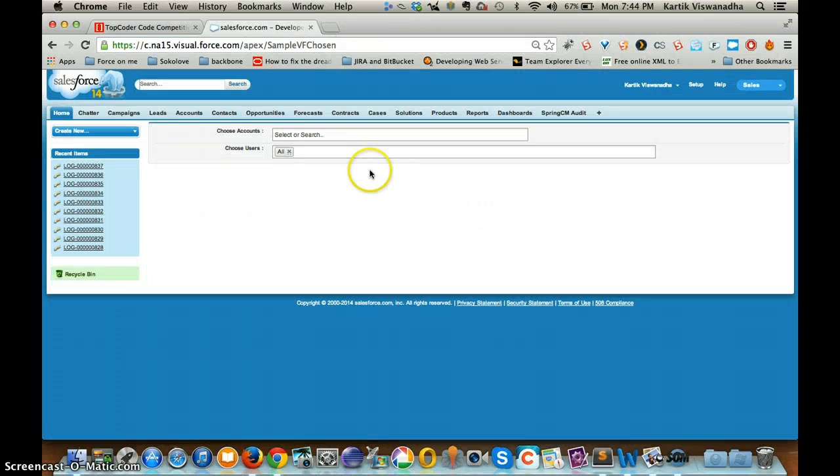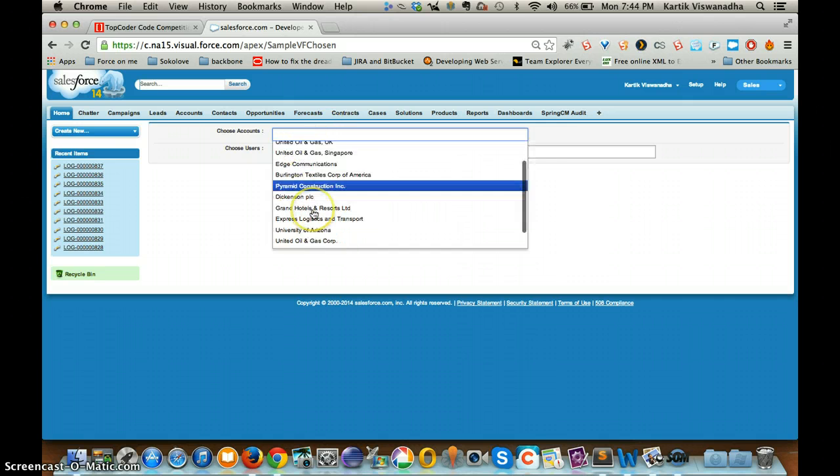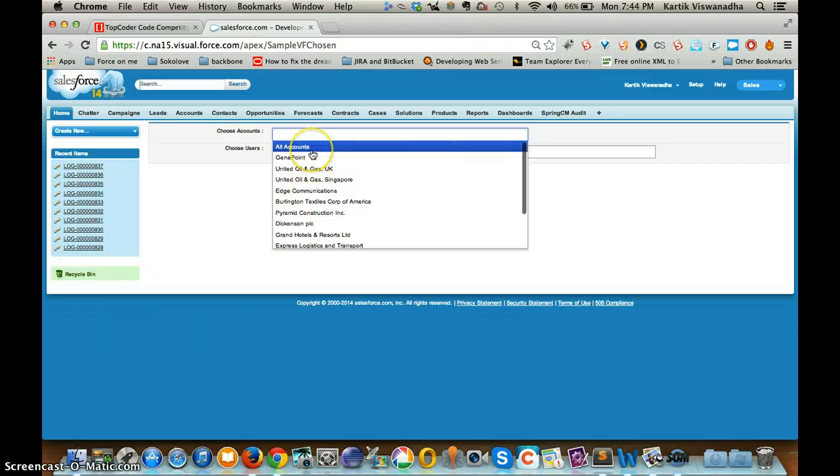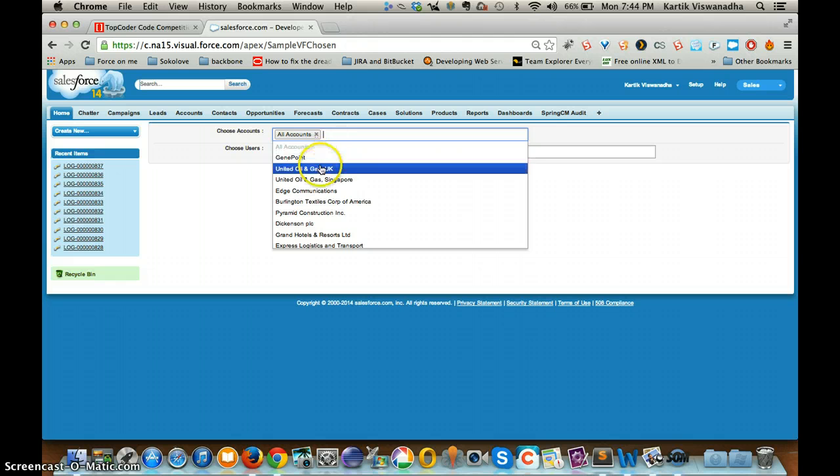So you can see that these two are the chosen components. On a Visual Force page, I use the component to render two pick lists. One is choose accounts, the other one is choose users. It shows select or search. So you can search and you can see that the first option is all accounts and you have all the other accounts. If you choose all accounts, it's basically choosing all accounts, and if you choose something else,